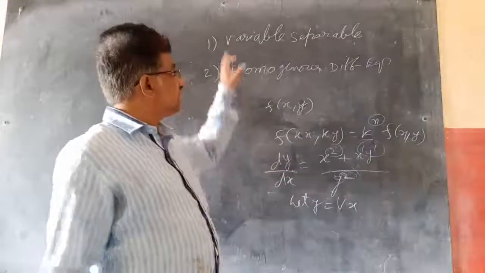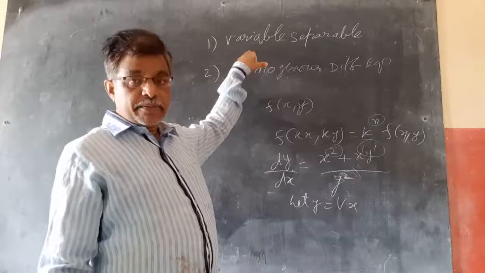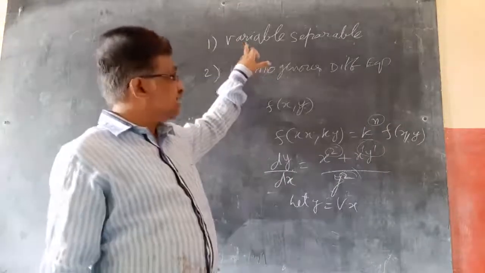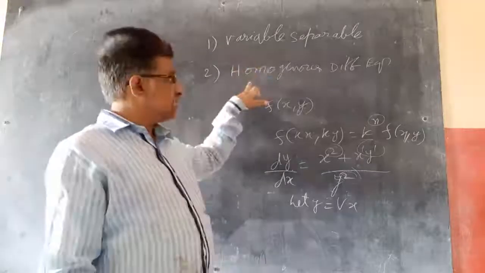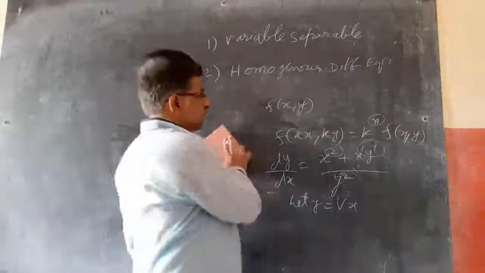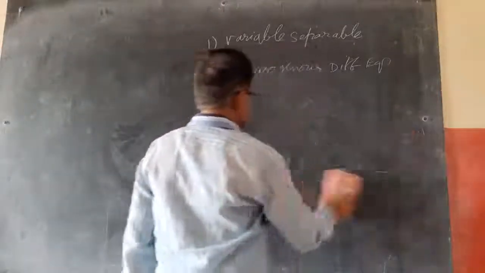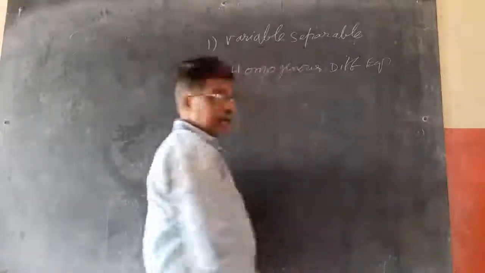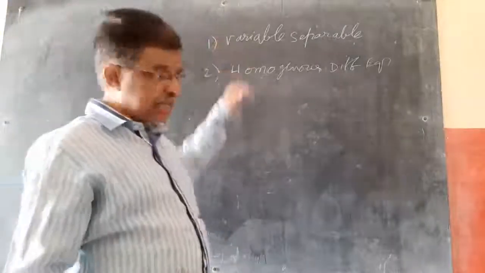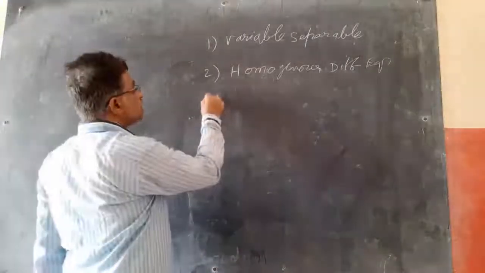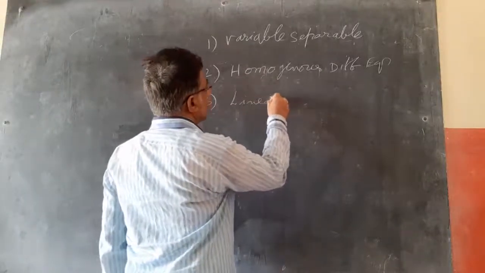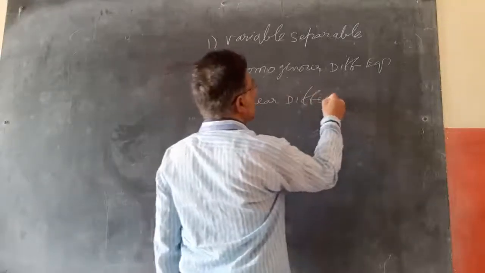Because in your textbook, the first exercise is degree and order. Second exercise B is completely variable separable. Exercise C is completely homogeneous. Exercise D is completely non-homogeneous. Exercise E is completely linear, like that. Each type they give one exercise in your textbook. So no problem to solve, we will solve later on. First we discuss what the types are. So the second type is homogeneous, and the third type is linear differential equation.